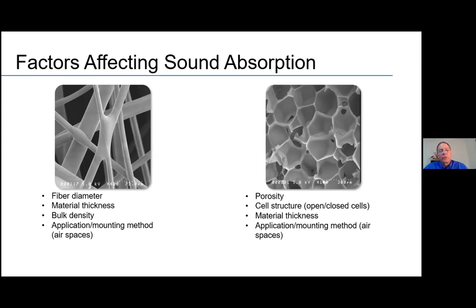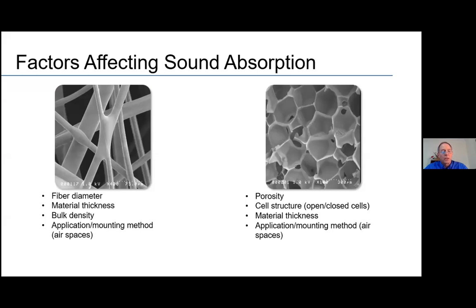When you're looking at fiber diameter, the air cavity that is captured within the spacing between the fibers is very critical, because that is what is creating the path that the noise has to follow as it tries to flow through the insulation material, and is basically what reduces the sound level as it tries to pass through the material.